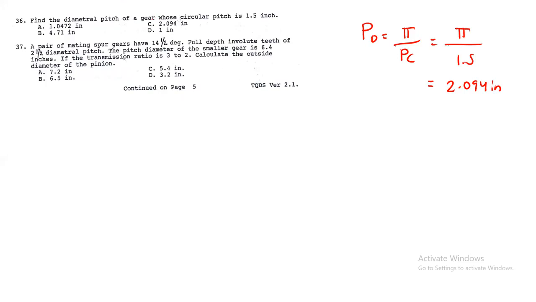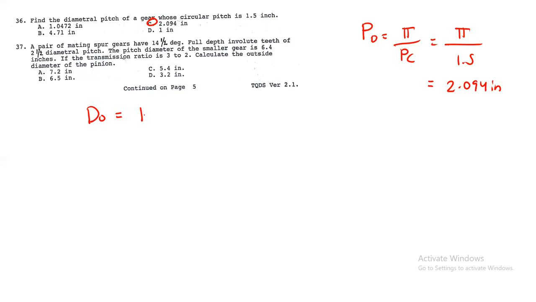So letter C. The next 37, a pair of mating spur gears have 14.5 degree pressure angle, full depth involute teeth of 2.5 diametral pitch. So the pitch diameter of the smaller gear is 6.4 inches. The transmission ratio is 3 to 2. Calculate the outside diameter of the pinion. So outside diameter is equals to